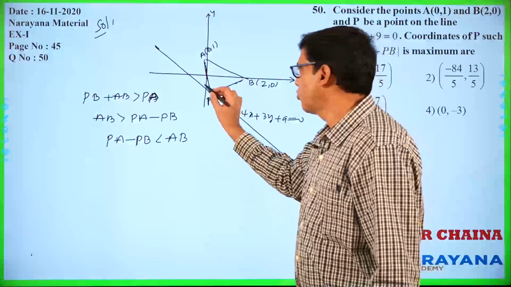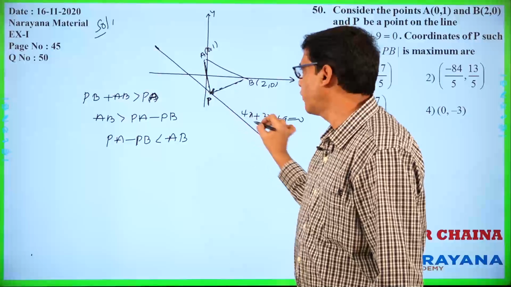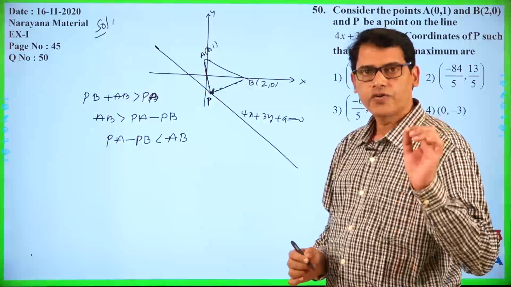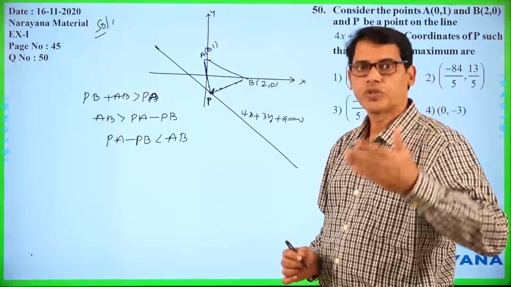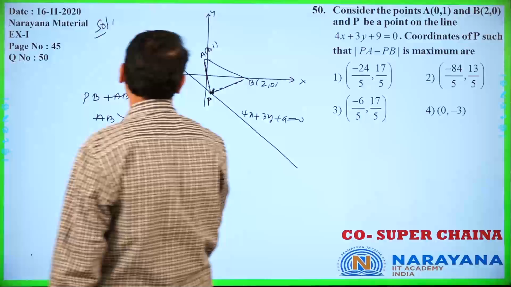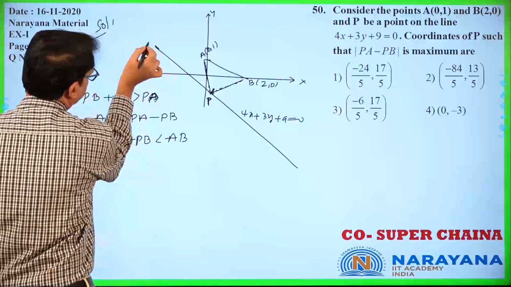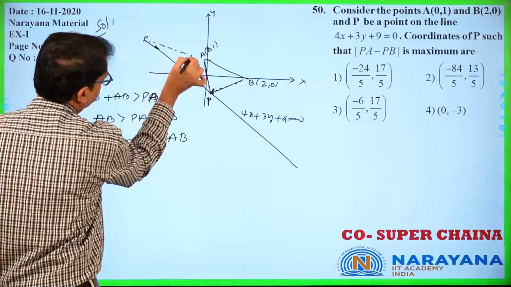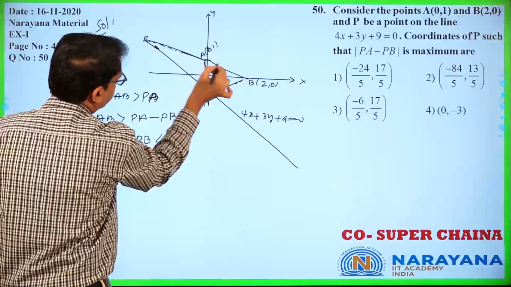Infinite possibilities. You can take P anywhere here. So it is always less than AB. So when do we get the maximum possibility? If you take P here, means in this case,